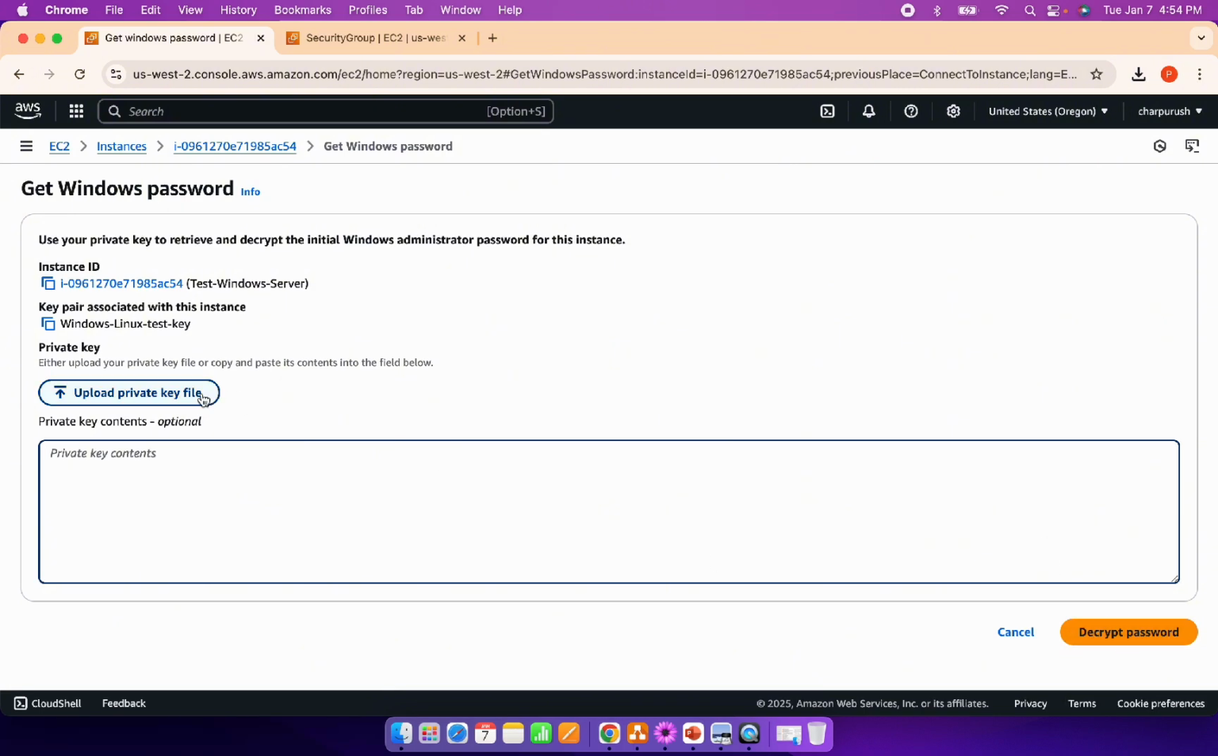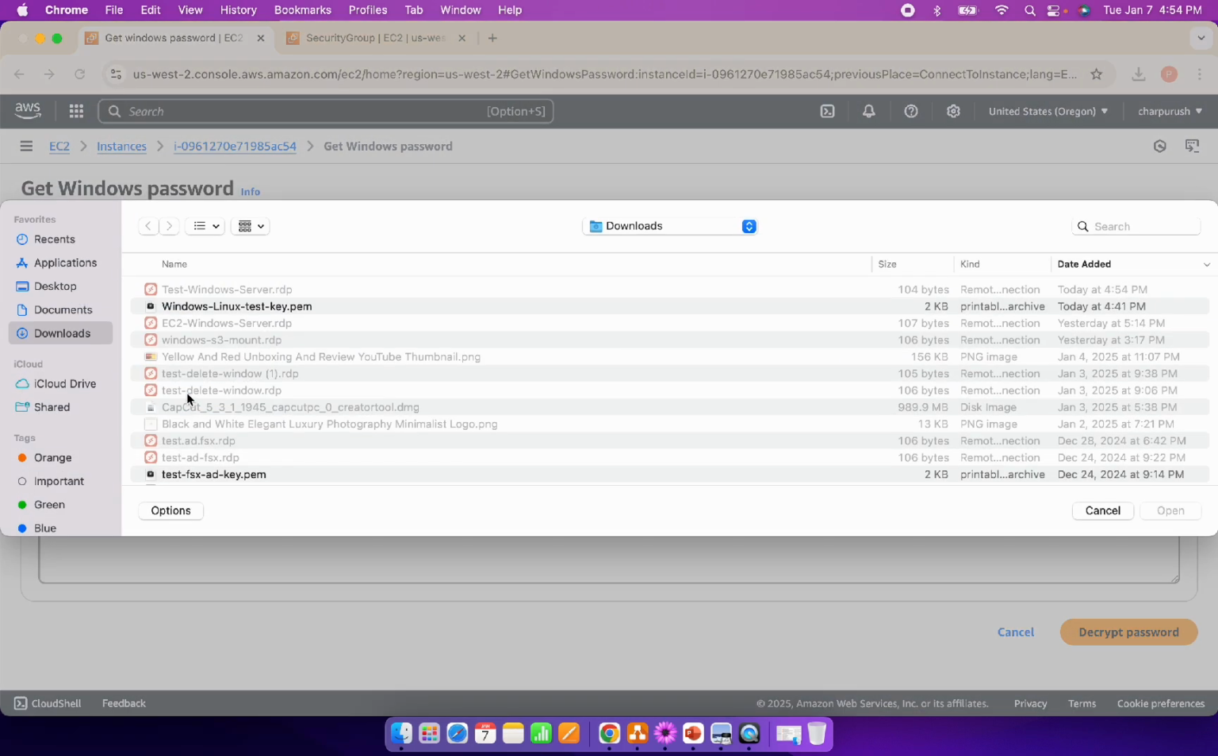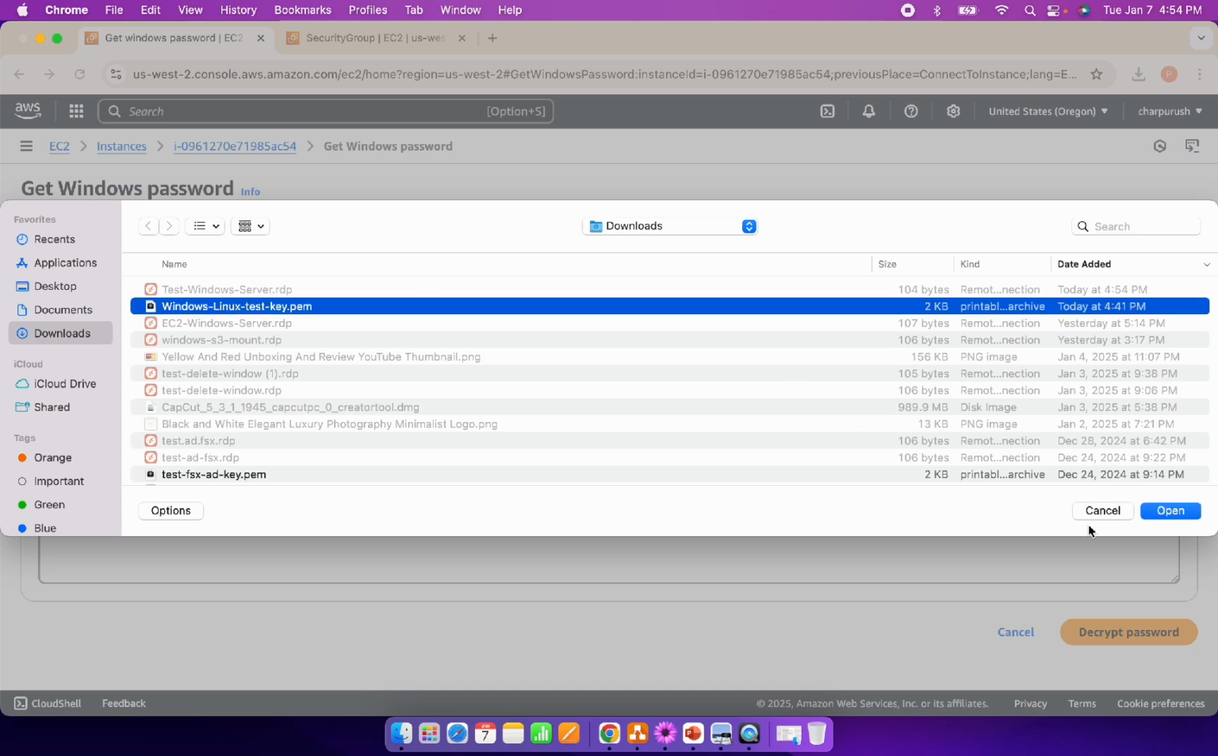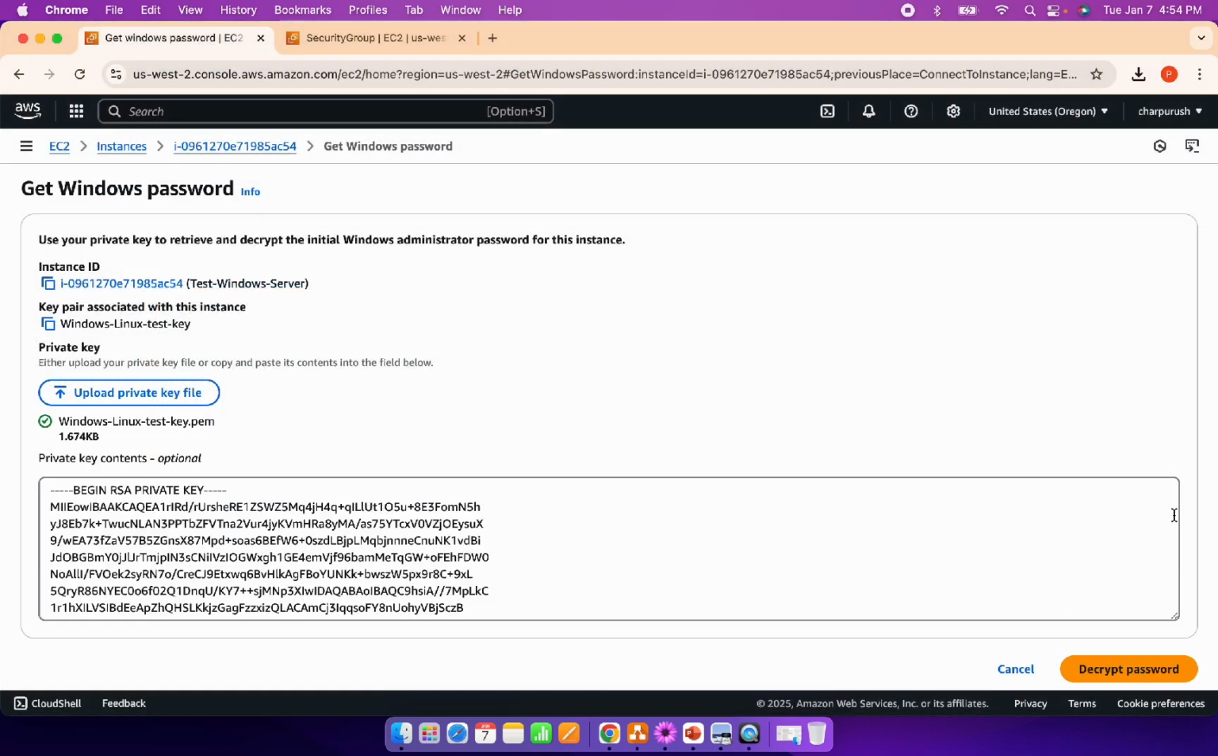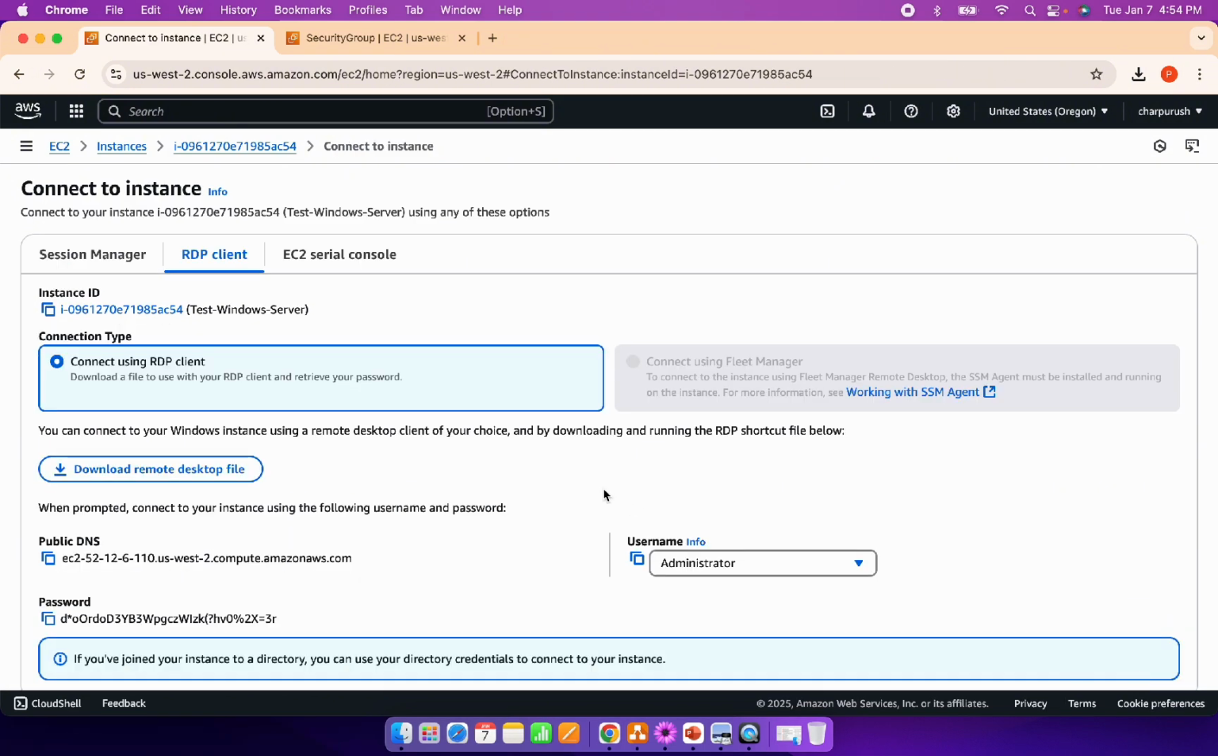Decrypt password, upload the key file. The key file was saved in the downloads section, so just open it, select that file and decrypt password, and we'll get the password here. And once we get the password, go to the